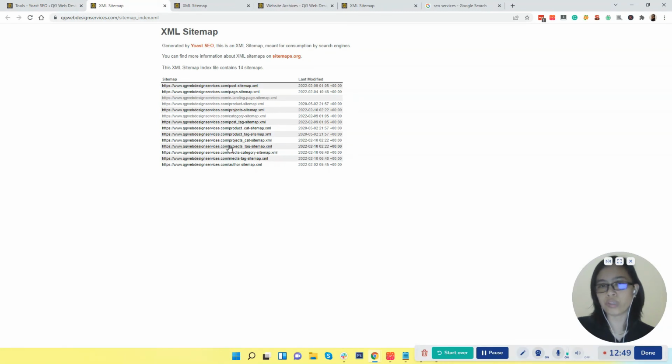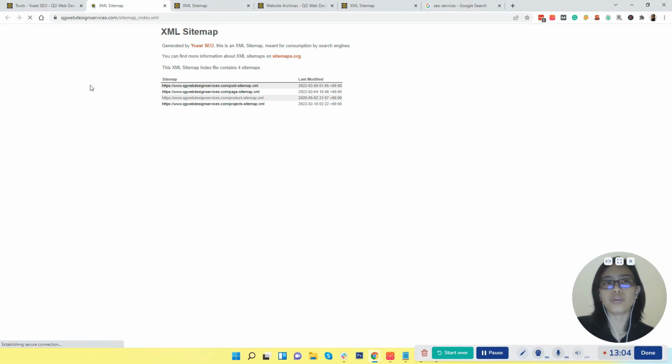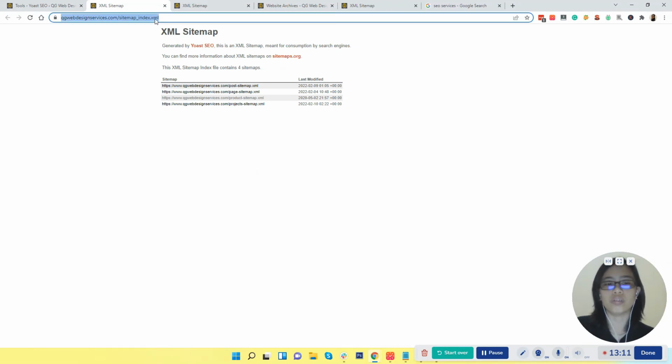So remember we had 14 sitemaps here before. Since we already saved changes to our search appearance earlier, when you hit refresh, it will clean this up. So you only have four sitemaps that are very important in the eyes of Google.